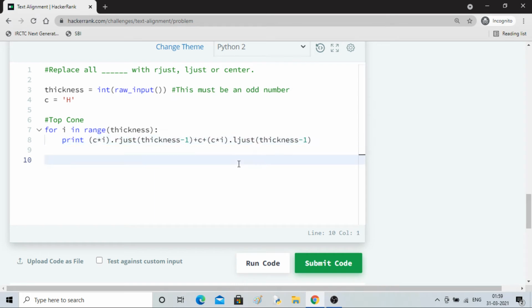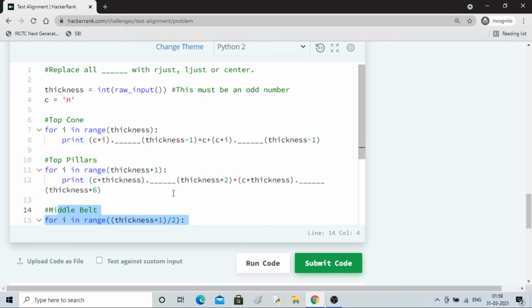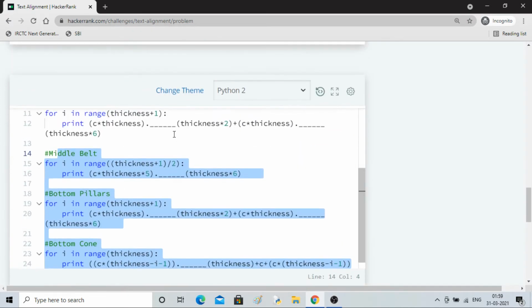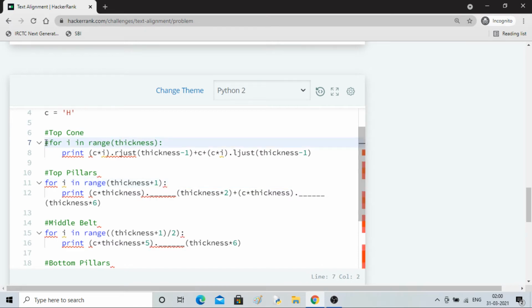Okay, so I'll bring back the code. Control Z, everything I had, and I'll put here ljust and rjust. Now I'll do the same thing with these guys, but here I'll comment it out. Now if I run it, what will happen?